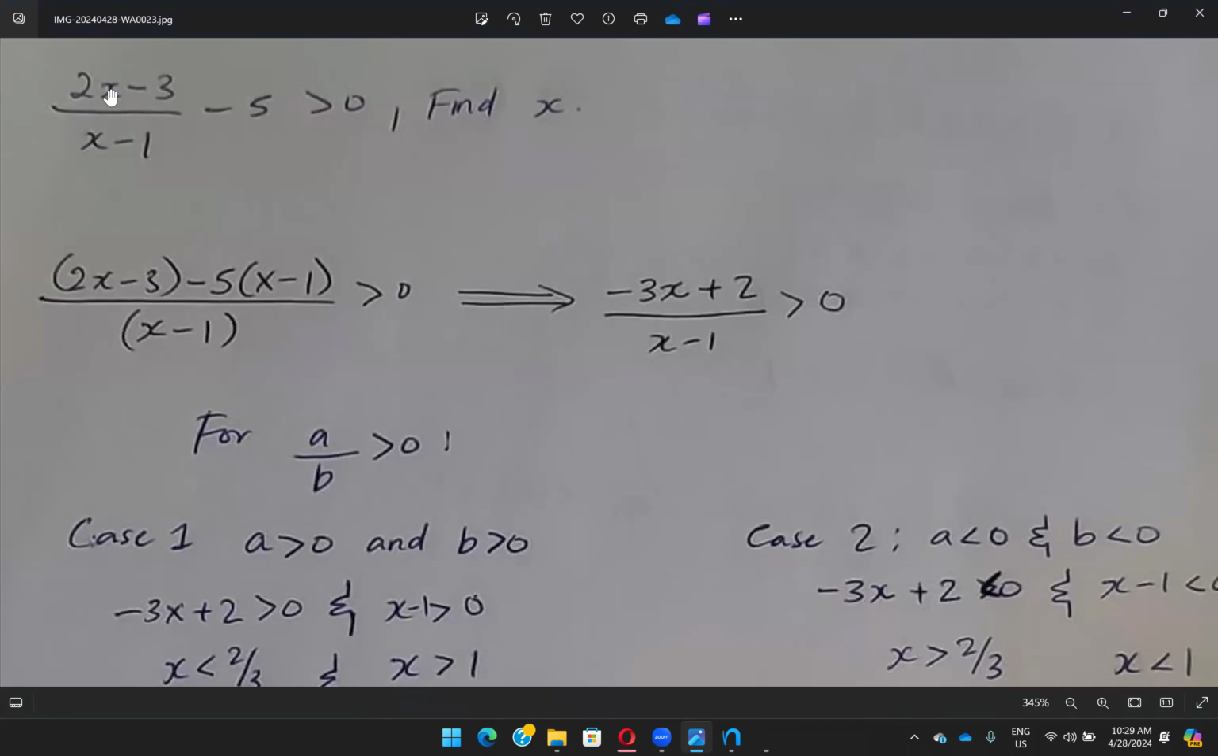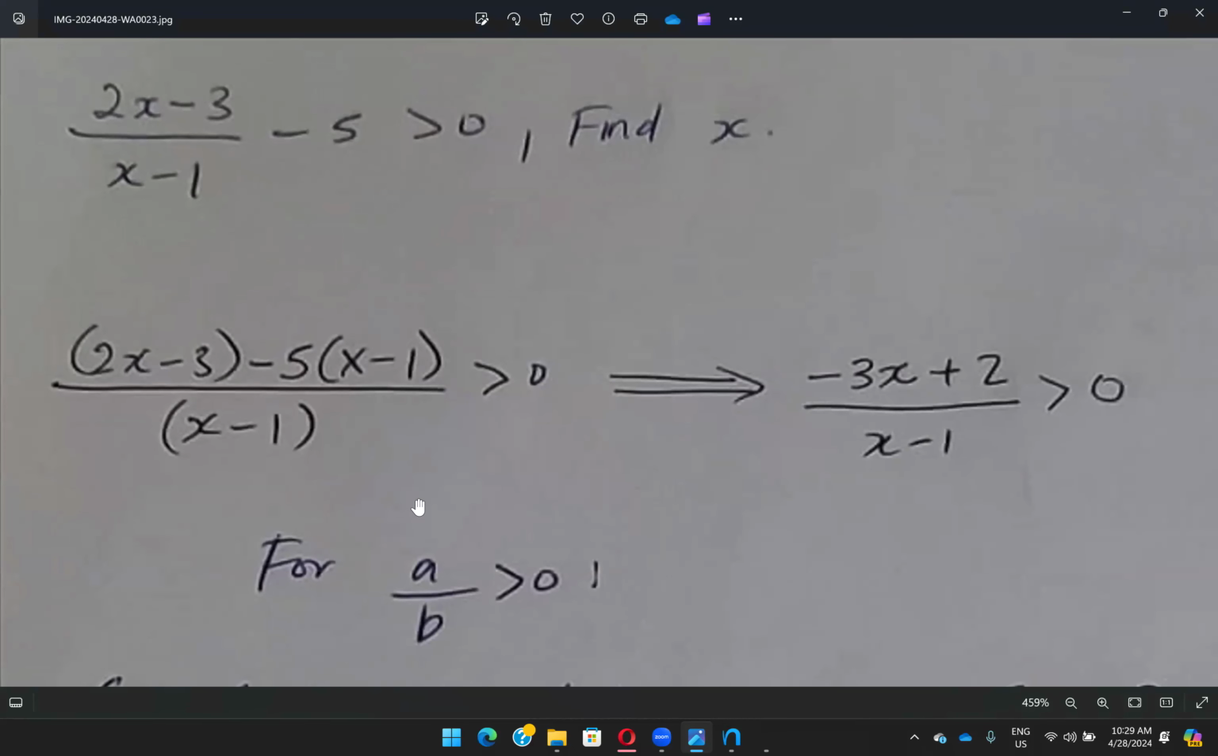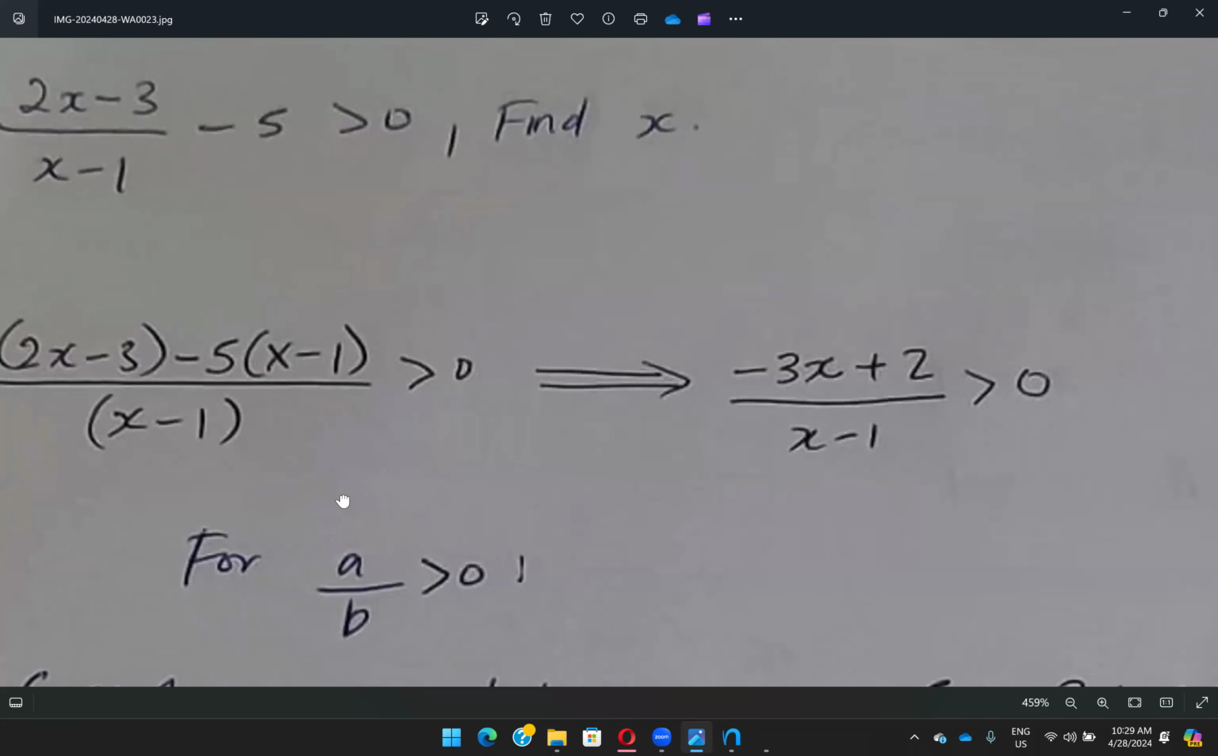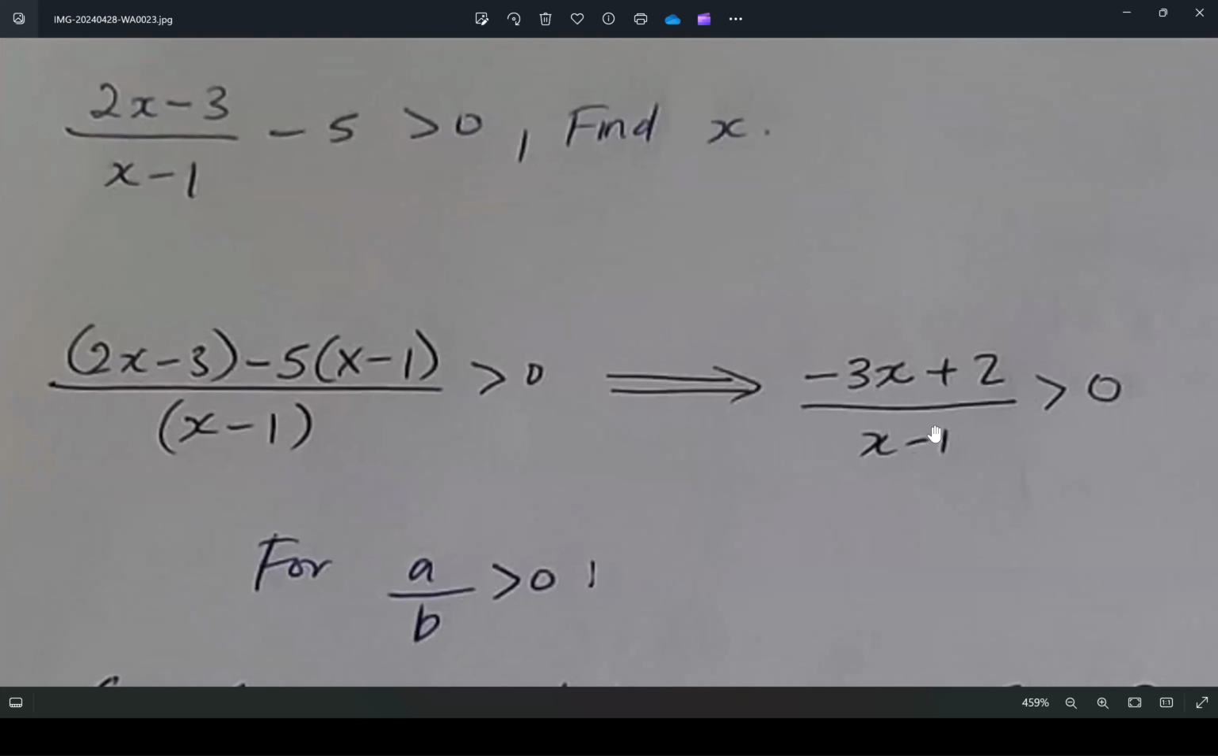So the question gives us a fraction minus 5 and tells us that it's greater than 0, we need to find x, right? The first thing we're going to do is change the fraction and a number into a singular fraction, by finding the least common multiple for the denominator. In this case, you have to use x minus 1 since that's what the fraction has. We're going to have x minus 1 as the denominator, and we need to multiply -5 by x minus 1 to get the numerator. 2x minus